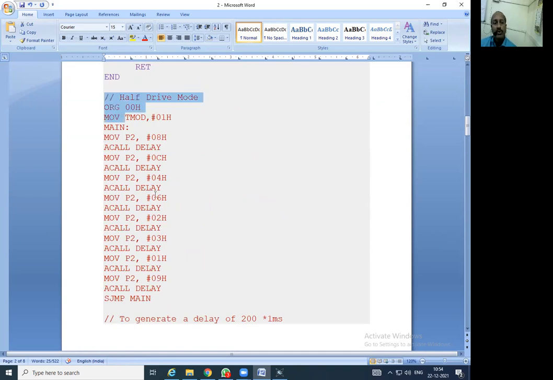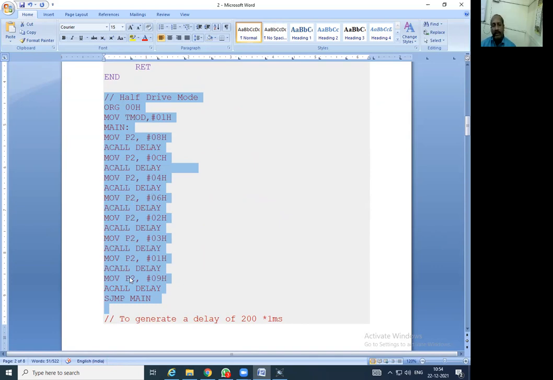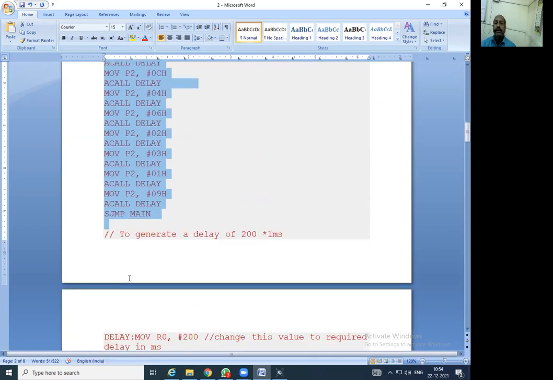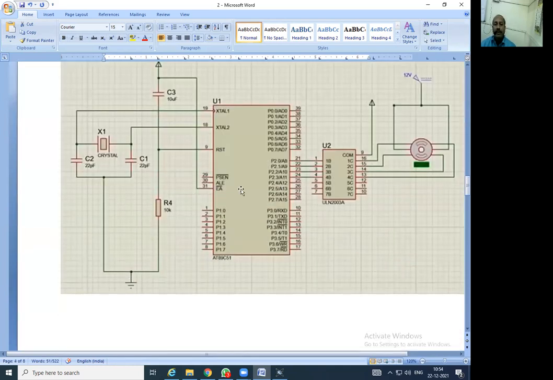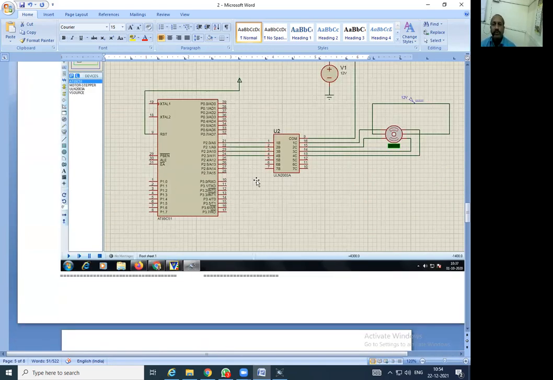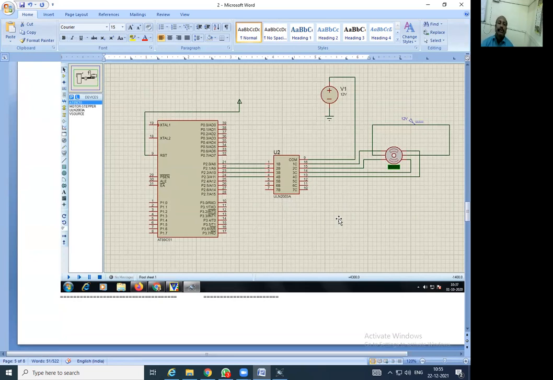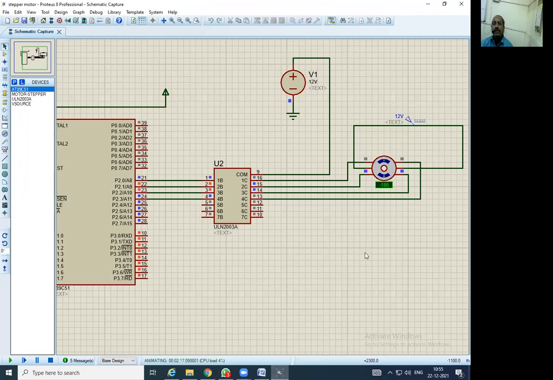If you want to use half drive mode, you have to insert all these 8 values into port P2, so that it drives the driver IC, and the driver IC will control the stepper motor. In this way it happens. What is shown on the left side is the actual diagram for the implementation of this stepper motor, and this is how it works.